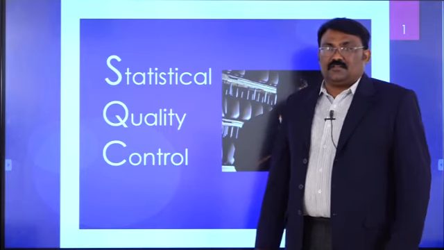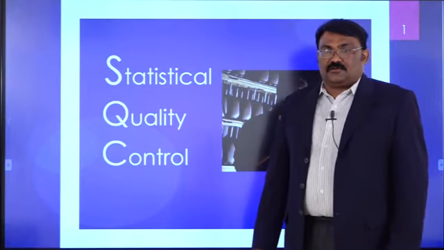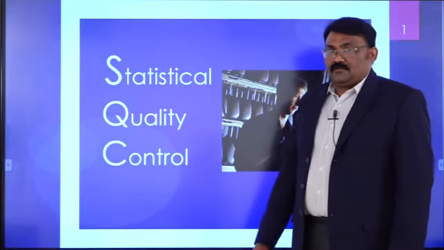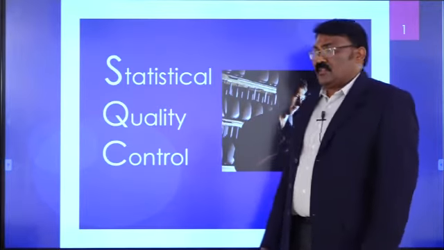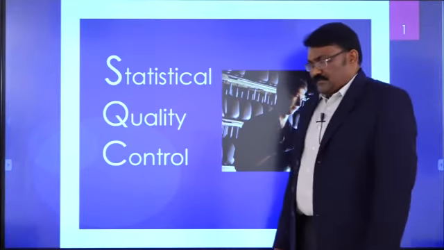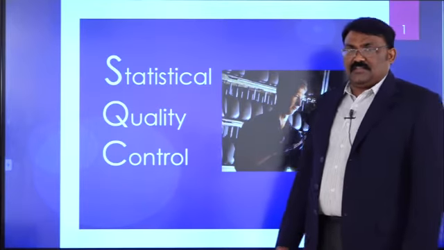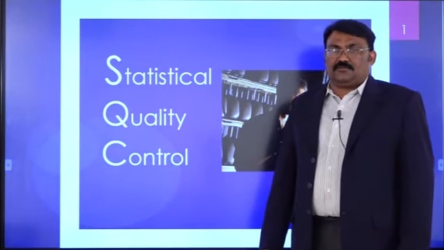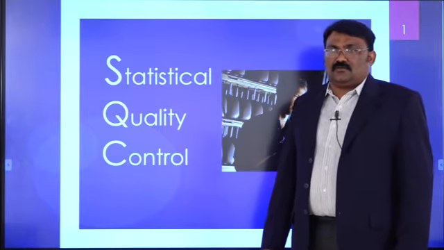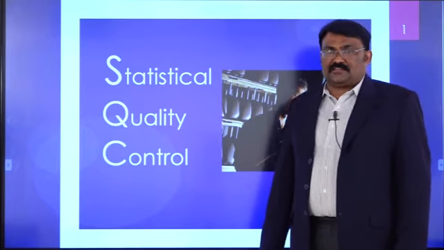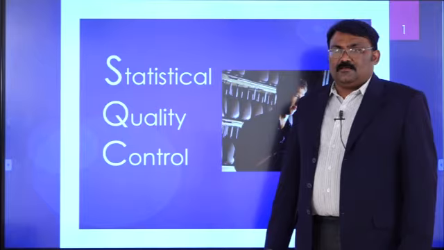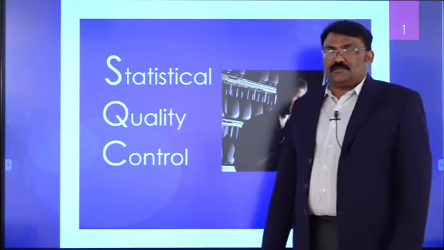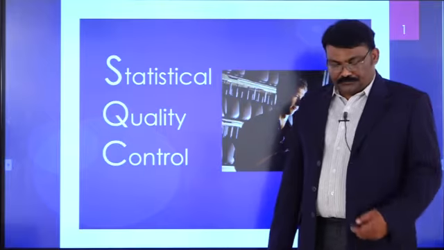In this session we are going to deal with lectures number 4 and 5 in the second unit. The fourth and fifth lectures deal with statistical quality control, and the four types of charts which are going to be dealt with are the X chart, R chart, P chart and C chart. These are the four types of charts which we are going to deal with.